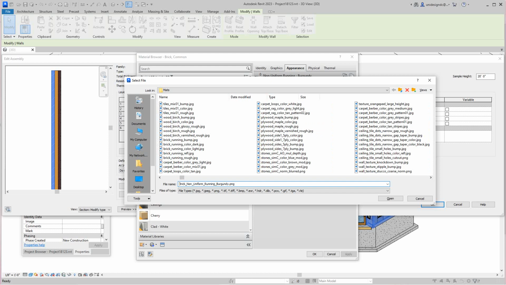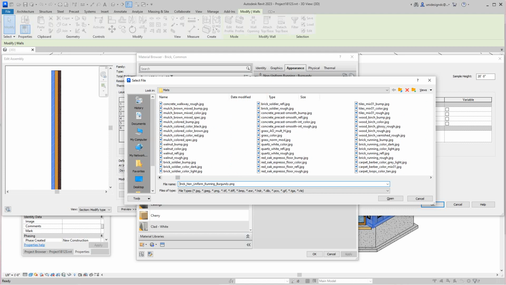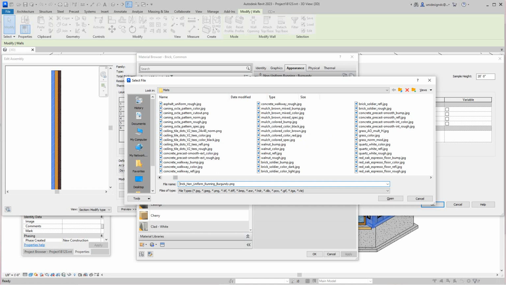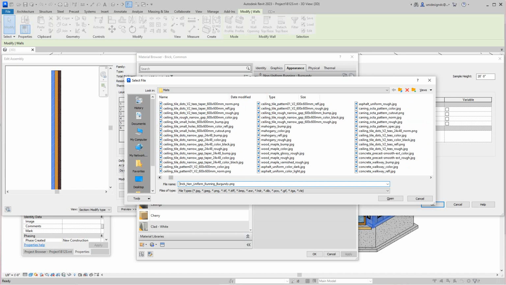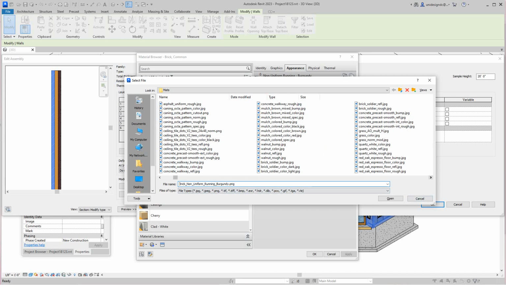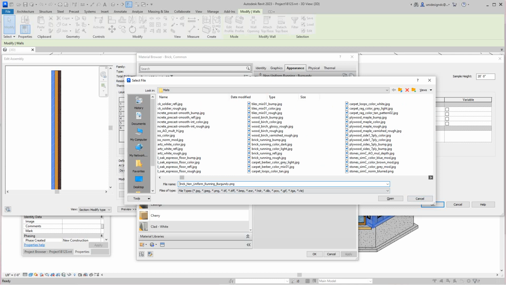Brick running color. Boy, I don't have good eyes, but I tell you what, guys. Precast smooth. Brown. Boy, there's a lot of stuff in here. This is probably something you want to get done and out of the way. But what I might do, guys, is leave it there until I find this stuff and fix these walls,